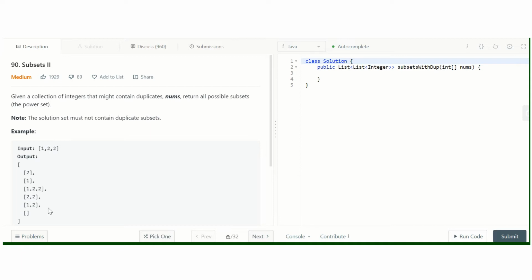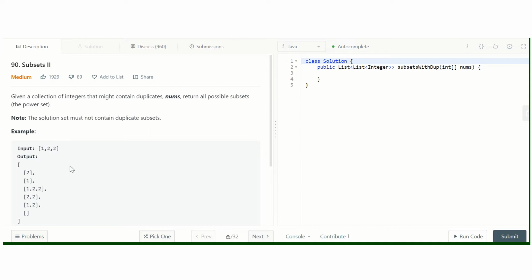For these kinds of cases we have to sort the array. If you sort the array, then subsets like 2 1 and 1 2 won't occur, and only 1 2 is going to appear in my result.